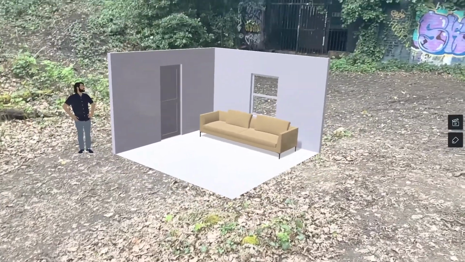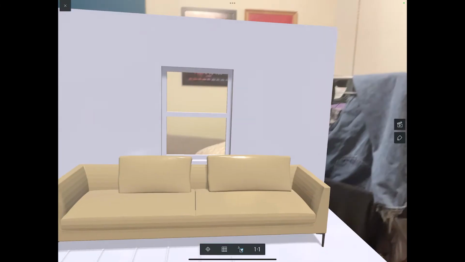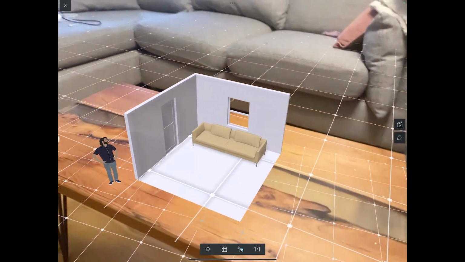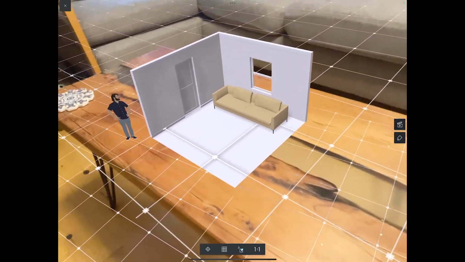That's pretty cool. But the reality is a little bit fiddly to use. It's quite hard to place your model and get it to stay where you want it to be. It's not particularly accurate if you're trying to position something in a room where it's going to stand, it's quite hard to get it to look right. It is something with a lot of potential though, and I'll be interested to see where it goes over the